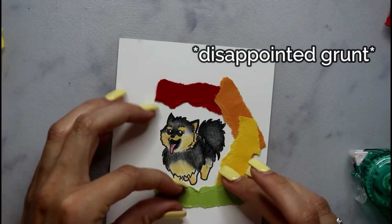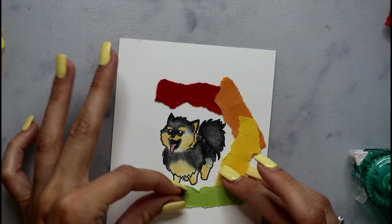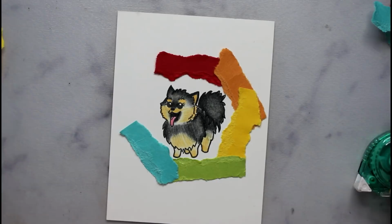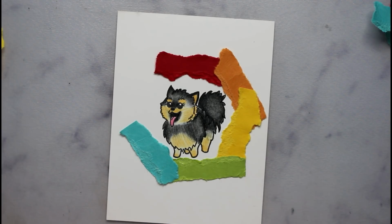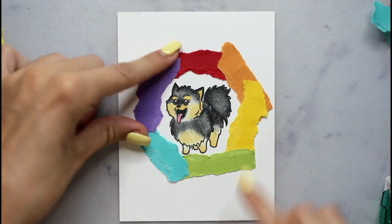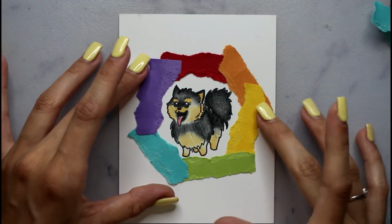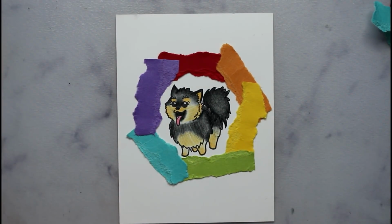I got that a little bit on him. It's okay, it's like he's walking on grass. If you weren't already set on getting carpal tunnel from my other tedious projects, this one will seal the deal for you. Okay, so that's what it looks like so far, and I know that looks like a kindergartner's art